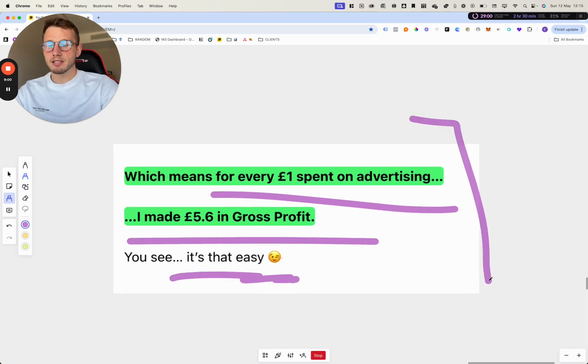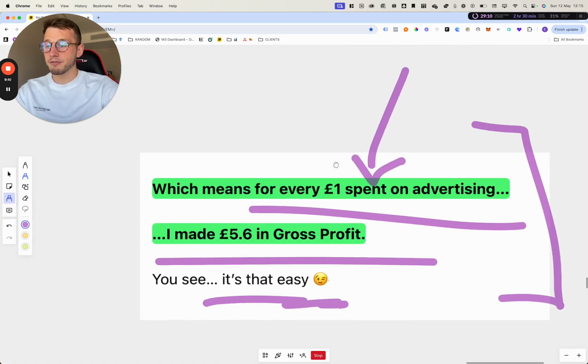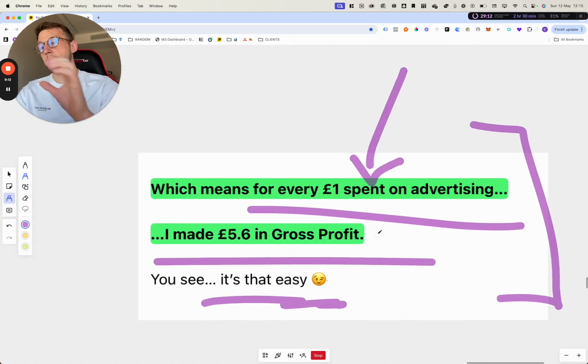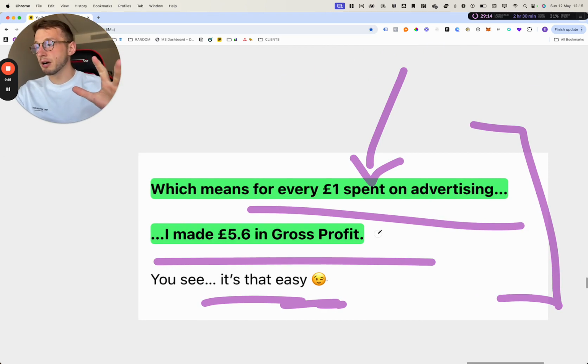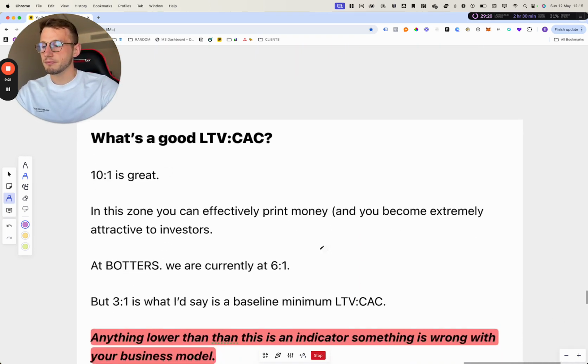But the implications of this are profound, because now it means, flipping heck, that is a good LTV CAC ratio. Let's go crank up this advertising. You can even rerun this calculation for each of the platforms, because the LTV CAC for customers on Meta might be different to Google, and you might want to start reinvesting your advertising budget and spending more on the places where it's more efficient as well.